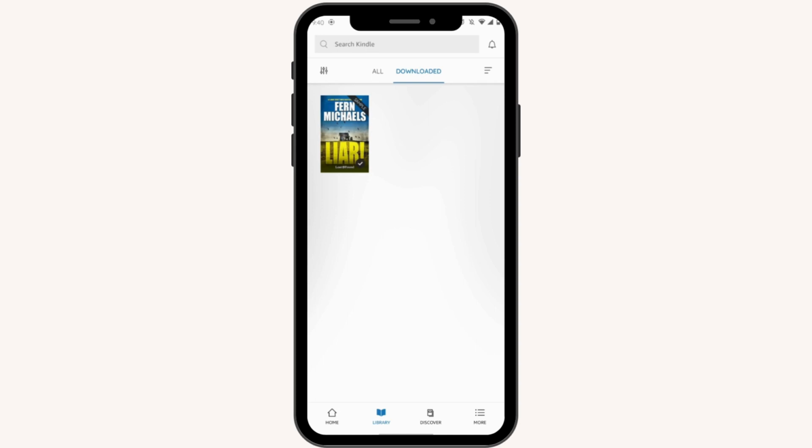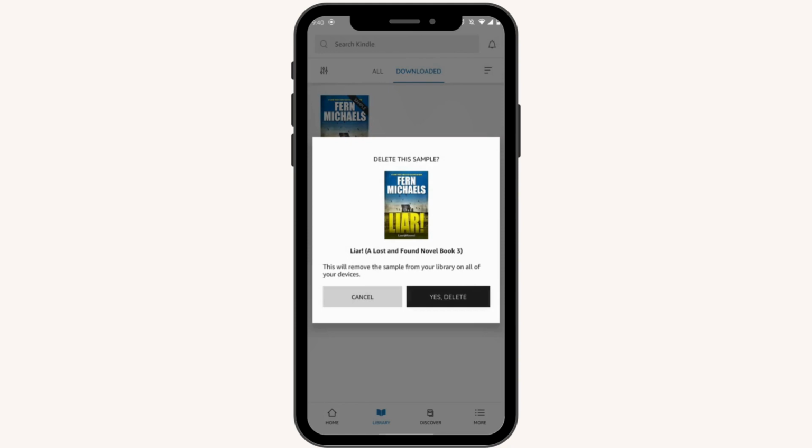So if you want to delete this book, then what you can do is you can simply tap and hold on to that book, and then here on the upper right side you will have a three dots icon. Simply tap on that, and then here you will have remove download option, so that it is removed from your downloads. But if you want to permanently delete that book, then you can simply tap on permanently delete, and then delete,